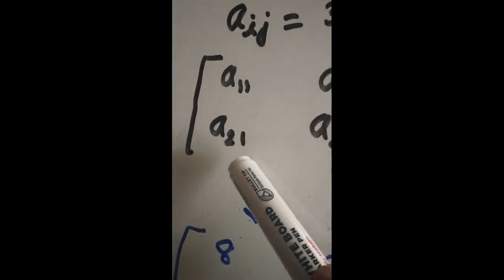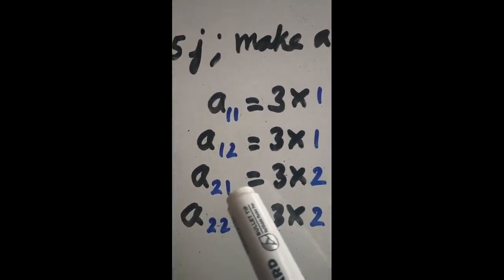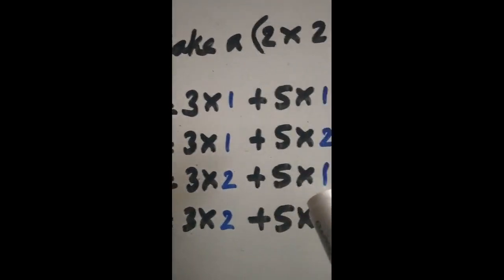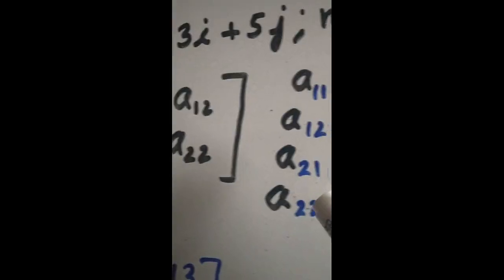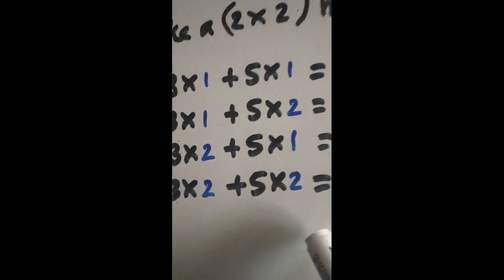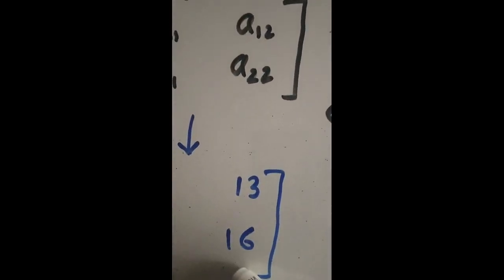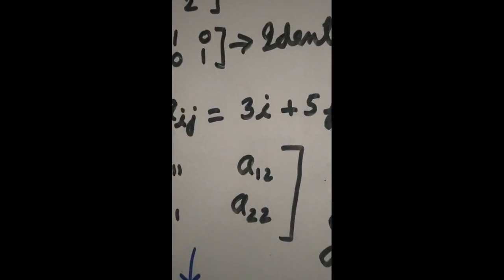Then coming to this place A21, the value we find is 3 into 2 plus 5 into 1, and that comes as 11, so it is written here as 11. Now the last place is A22. To find that, 3 into 2 plus 5 into 2 gives you 16, so 16 is written over here. In this way we find a matrix where it is given by a relationship, like here it was 3i